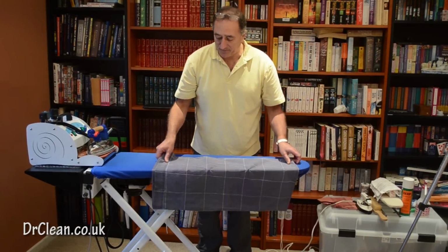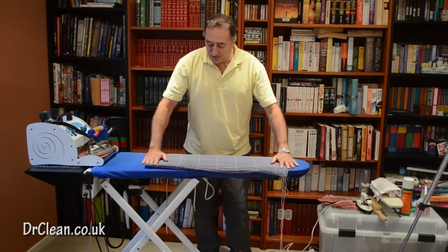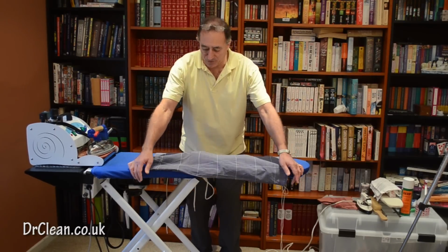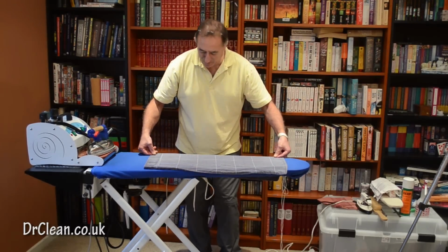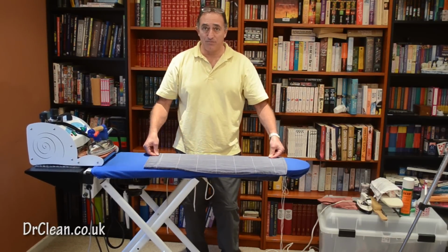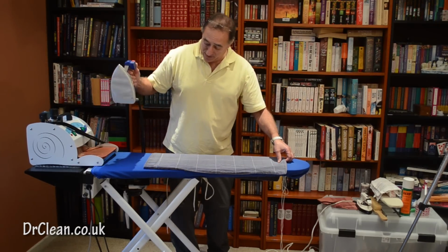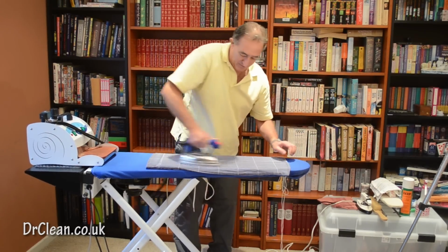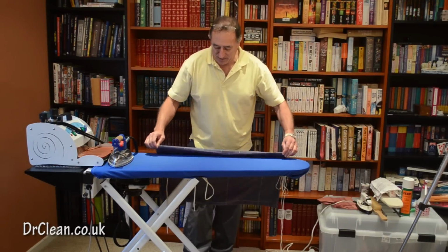Now if you noticed, I've been moving the fabric this way towards me. It's far easier to control fabric moving it towards you than it is throwing it away. Yeah? Because you've got lots of control as it's coming into your sight. So if I were you, that's the way I would move anything round a board towards you. Right, remember, release the steam, increase the tension, and up and down. There we go. Now we're just on to the last piece of this particular